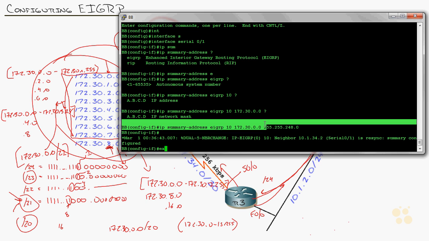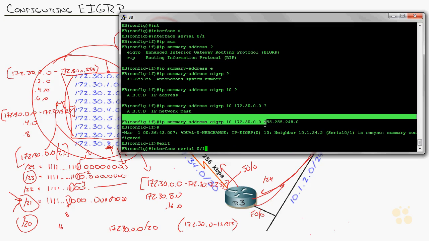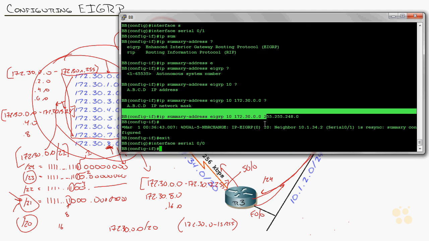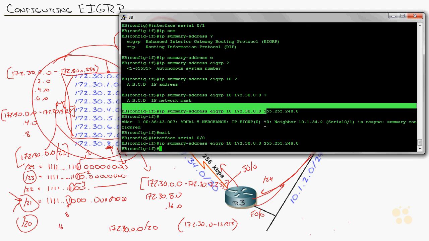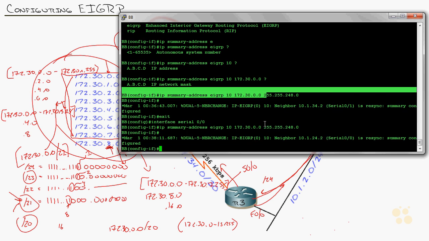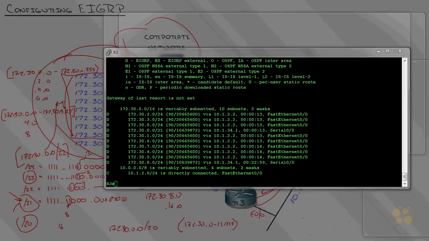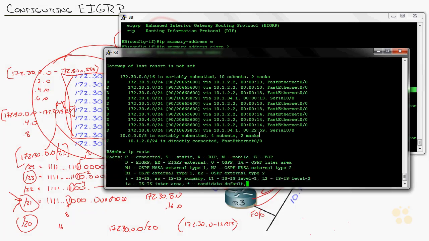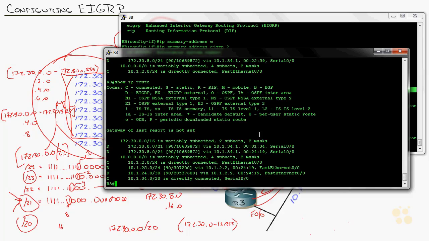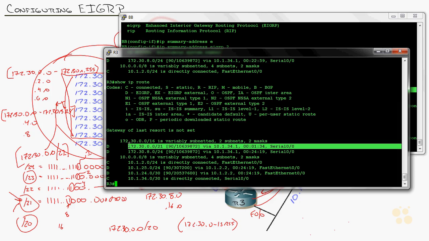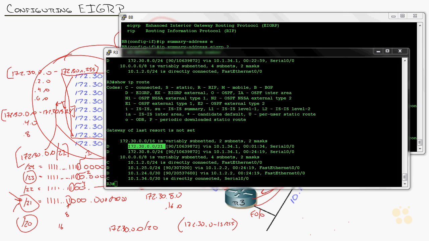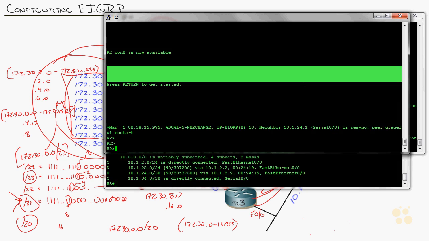So we've got to make sure that I go under, that was serial 0/1, so I'm going to go 0/0, do that same command, right? Now, let's head back over to router 3, see what the result is. Whoo, Nelly. Look at that. So we've got 172.30.0.0, there's our summary route. All the more specific ones have disappeared because router 2 is like, I've got the down low here, and now